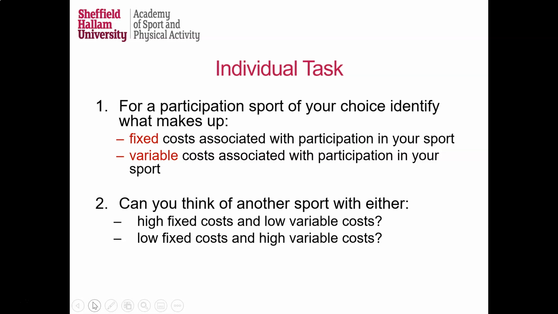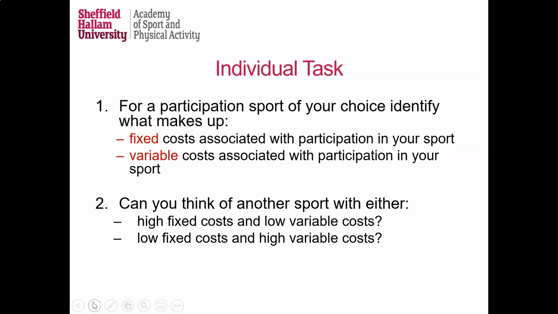The variable costs then are, by comparison, much lower. And the real cost to a golfer is the amount of time it takes to play 9 or 18 holes, which can be a considerable amount of time, but the actual variable costs can be relatively small. So they might include travel time and travel cost to travel to the golf course, and there may be associated secondary spending, including food and drink at the clubhouse. Okay, those are variable costs, and those are discretionary variable costs as well.